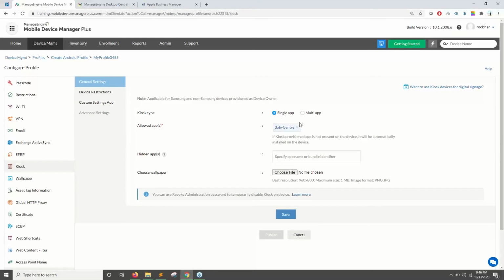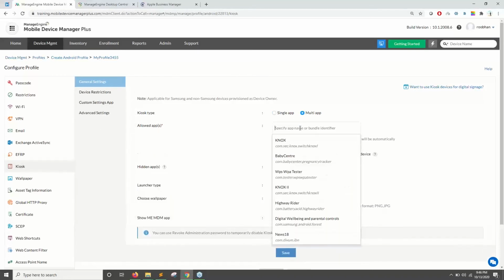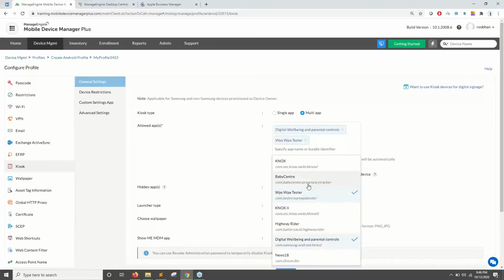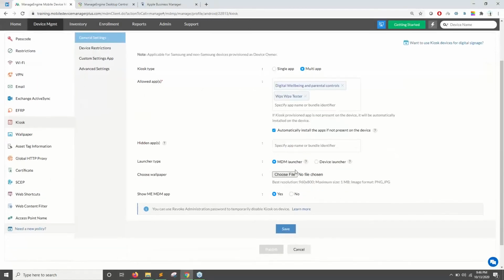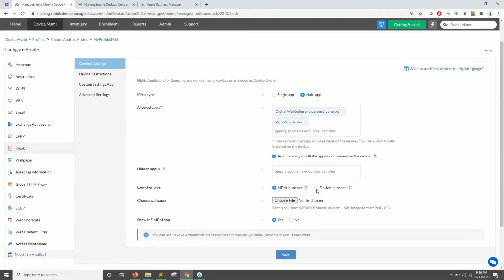And if you wish to lock their phones with only certain applications, then you can create a kiosk profile and deploy it to the devices. And when you go with multi-app kiosk mode, whatever app you configure, only those applications can be used by the end users. And you can also choose our own MDM launcher, which helps you to provide certain other permissions,